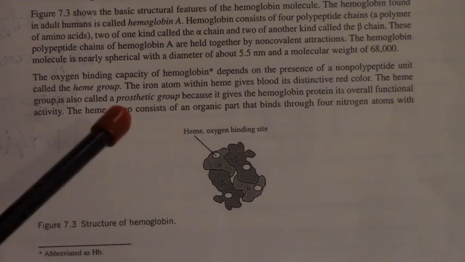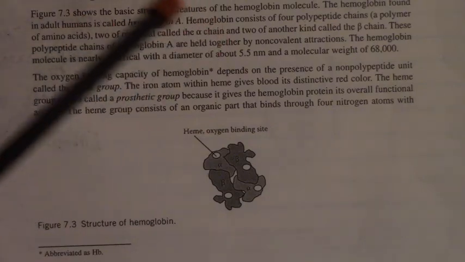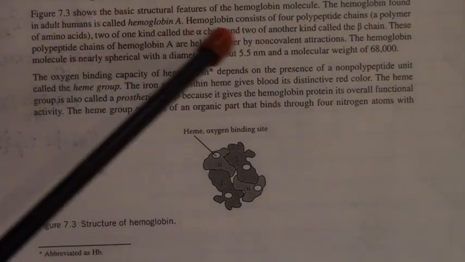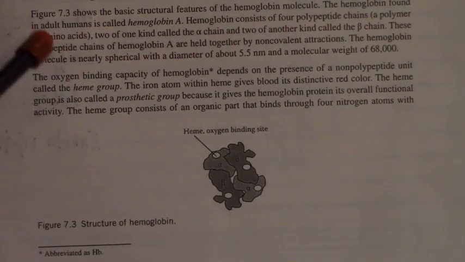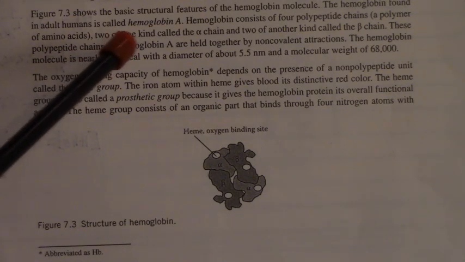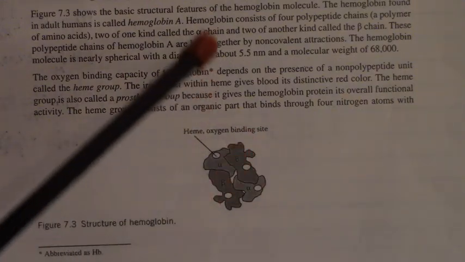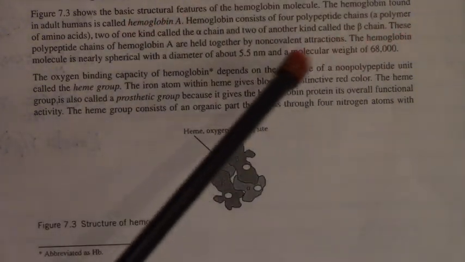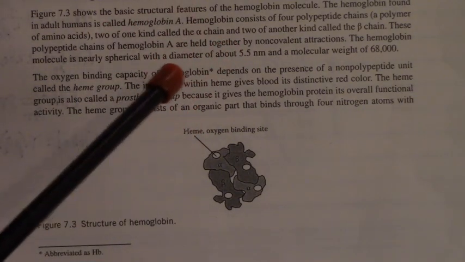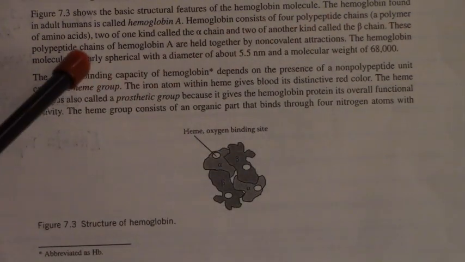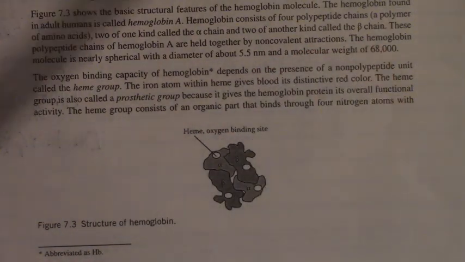The important thing about hemoglobin is called hemoglobin A. That's the adult form. Hemoglobin consists of 4 polypeptide chains, and a polypeptide chain would just be a polymer of amino acids. There are 2 of one kind called the alpha chain, so there are 2 alpha chains, and then 2 what are called the beta chains. These chains are connected together to form the hemoglobin molecule. The hemoglobin molecule is nearly spherical in shape with a diameter of about 5.5 nanometers